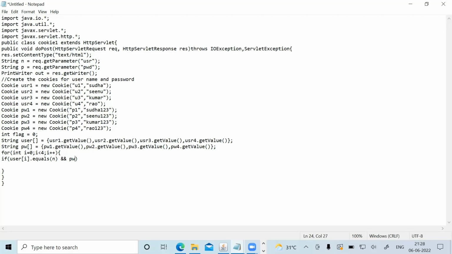So I'm saying PWI dot equals, okay, what it needs to be equal to? It needs to be equal to the password that is entered by the user in the PWD text field, okay, password field. So I'm saying it is P, right? So equals to P. So if both are equal, so I gave a logical end because both needs to be